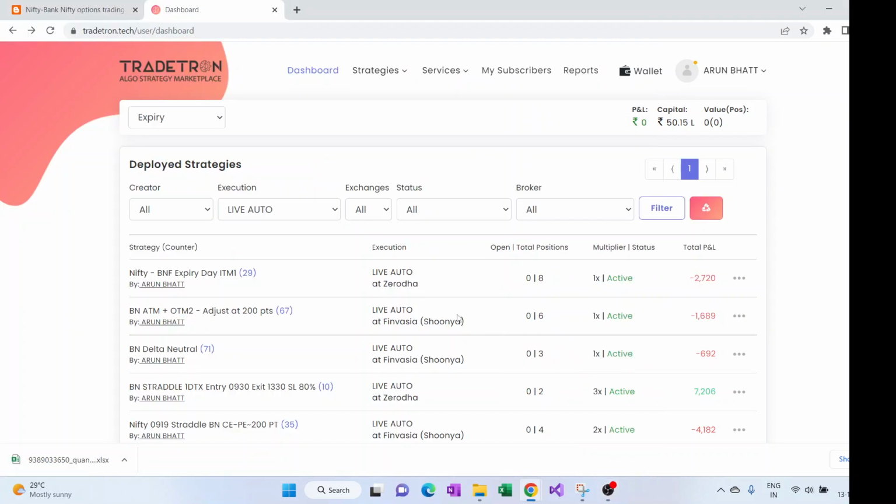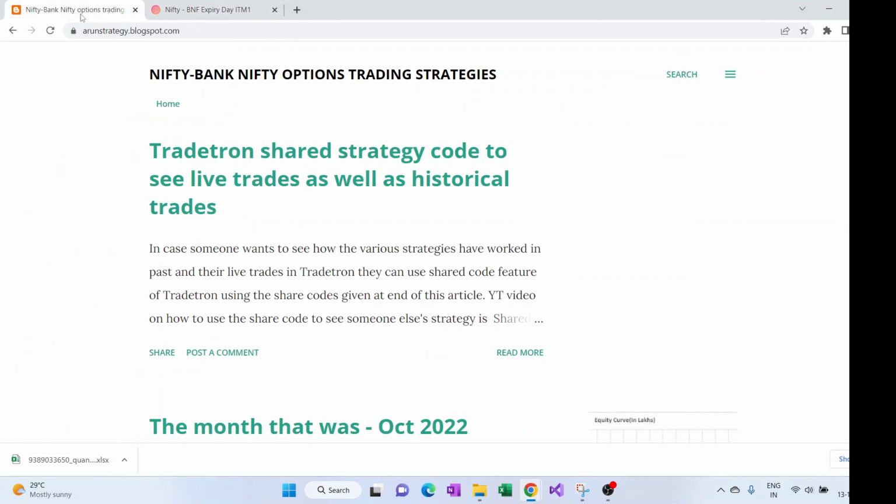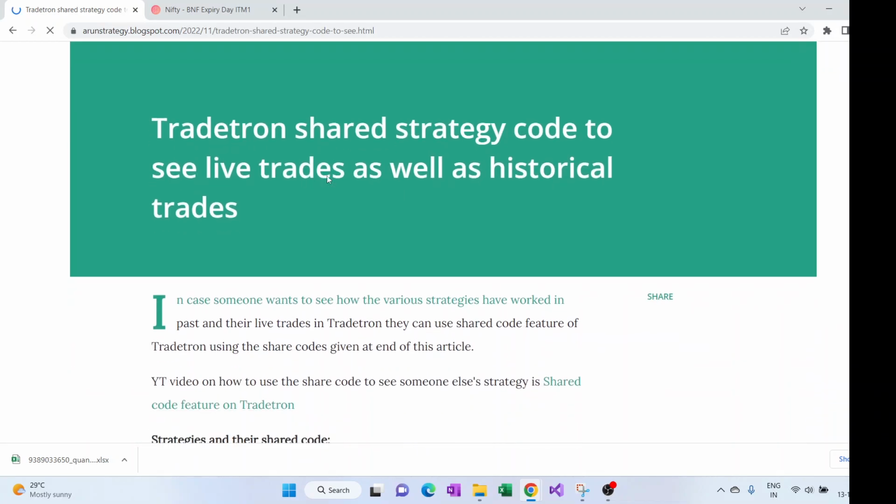Hi everyone. Today I'll be talking about the Nifty Bank Nifty expiry day ITM1 version, which I have shared for duplication purposes. So where is the link shared? First, this is my blog. The links will generally be shared in this TradeTron shared strategy code blog post. So if I go there,